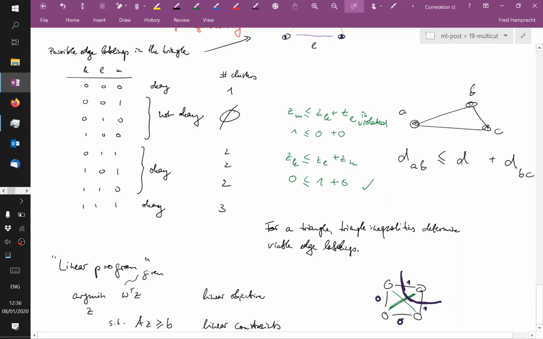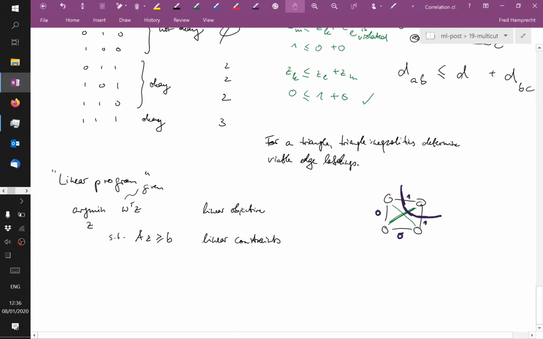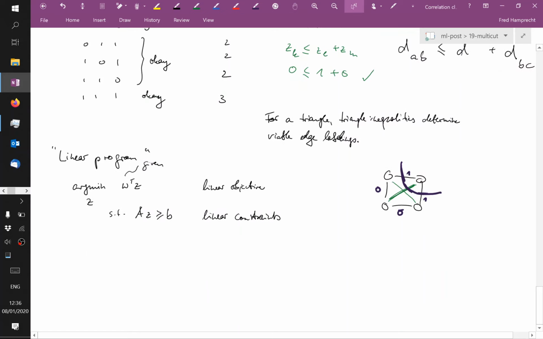However, this notion of clusters: we want to optimize over edge labels, and the clusters are only implicit in the edge labels. So it would be nice for our optimization routine if we could express in terms of the edge labels whether or not it is legal. Okay, so